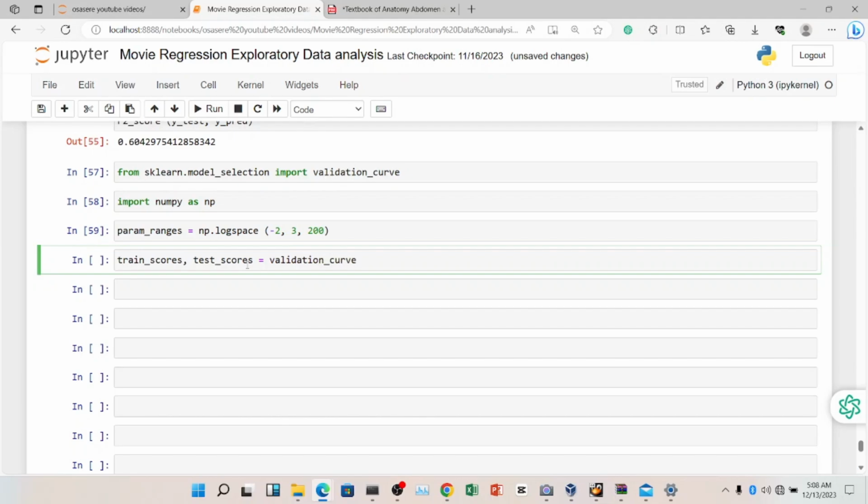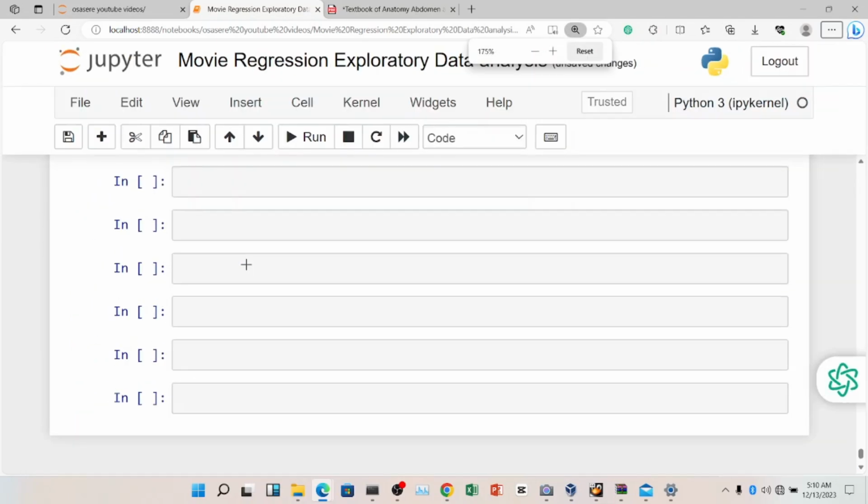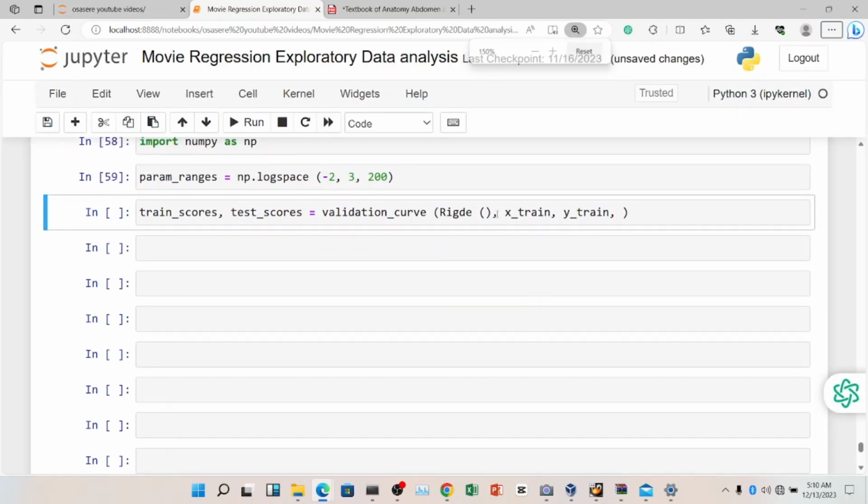curve. Then I'm going to provide my algorithm, or my estimator, which my validation curve is going to use, which is Ridge. Then my X train and my Y train. Okay, let me zoom in. My X train, my Y train, and